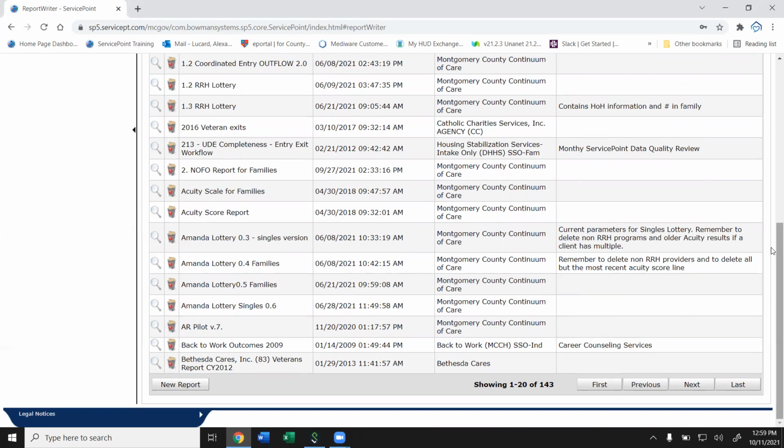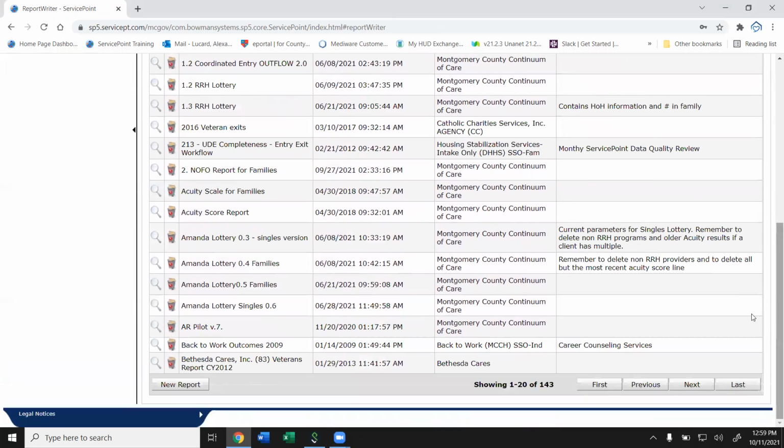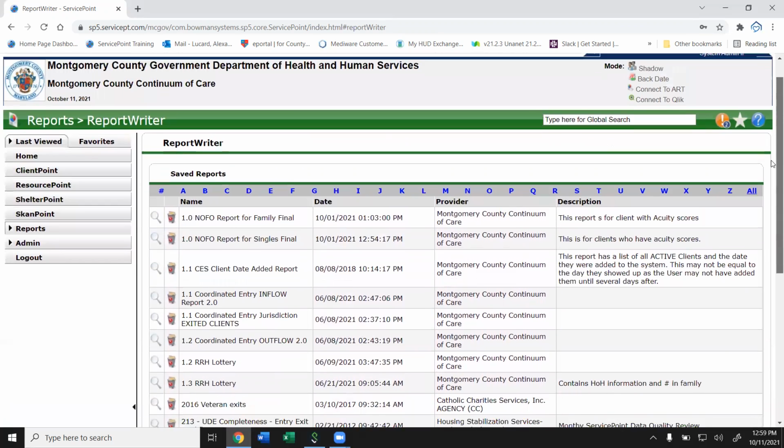Again, remember, every client should have a current release of information. They should have one every year. So if their date is January 1st, 2019, it should end on January 1st, 2020, and the new one should start on January 1st, 2020 to 2021, so on and so forth. You just want to make sure that there is a yearly addition to the release of information. And what we're going to do in this training is help create a report so that you can monitor it instead of manually checking. So we're going to go down here all the way to the bottom, and we're going